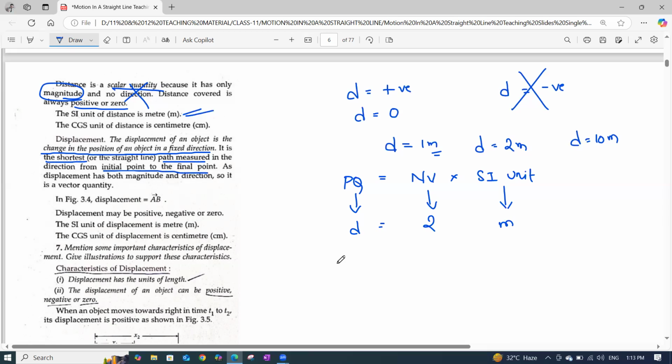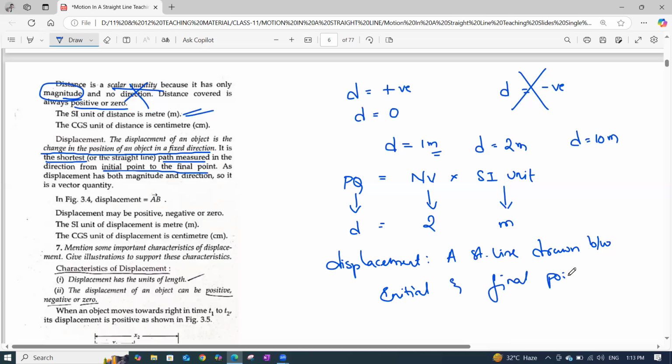While coming to displacement, we have another definition: a straight line drawn between initial and final points. If you draw just a straight line between initial and final point, then that line or that path is known